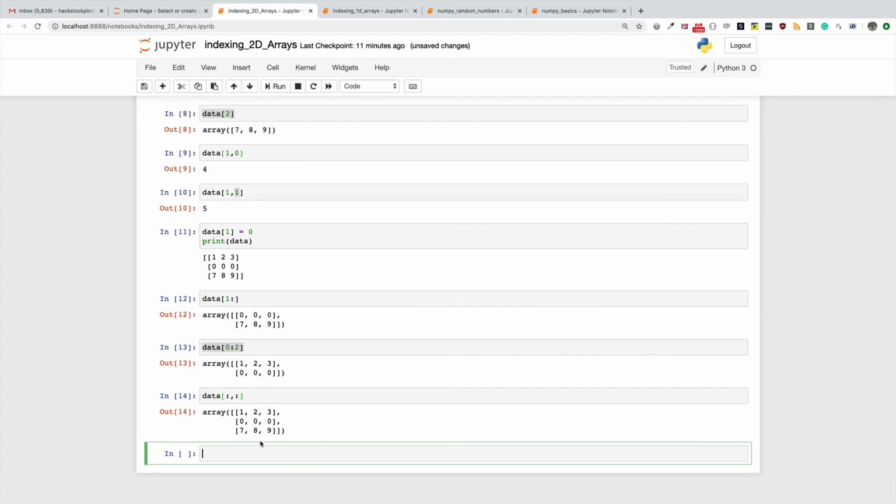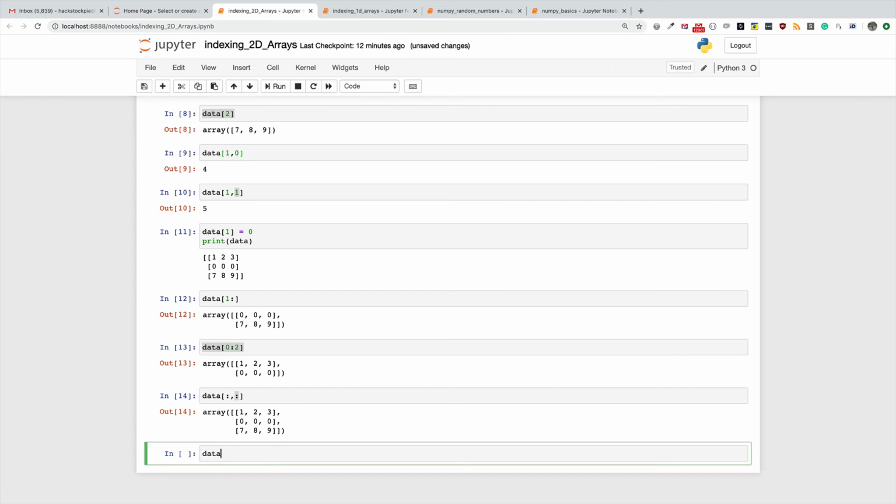So what this means is: give me everything along the row as is, and give me everything along the column as is. Now, what if I'm interested in selecting 1 2 0 0? So the 1 2 and then this 0 and this 0. How do you think we'll be able to do that? What we need to specify is the range of the rows and then the columns. Okay, so I'm going to do something like